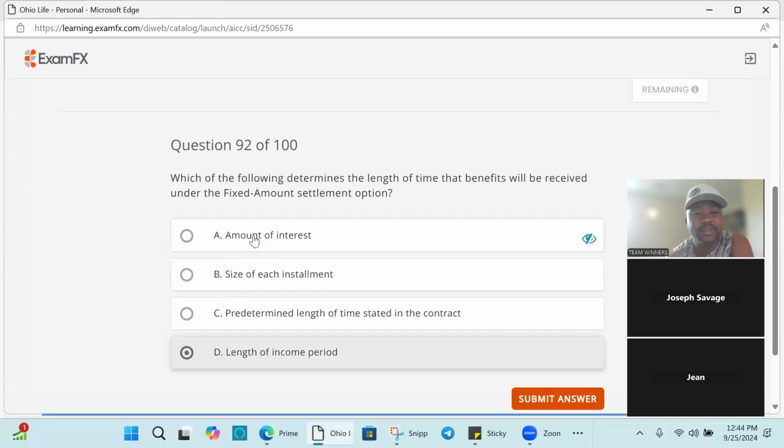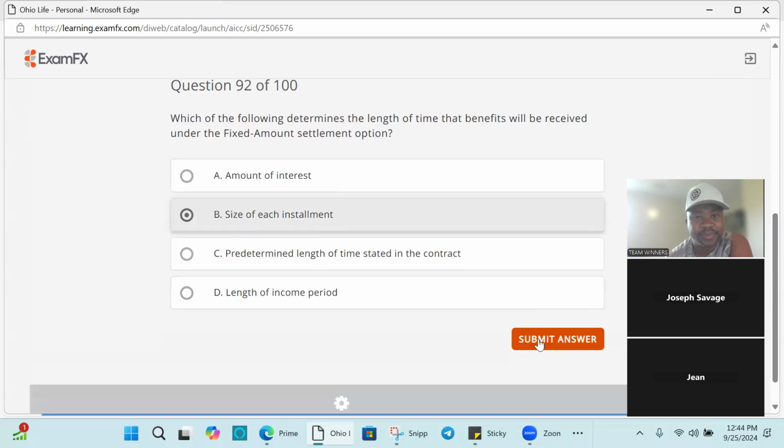I said, well, I'm guilty because I just read the word amount. I didn't add interest. So the size means how much. How much they're going to pay me each year. If I say 5 years, they're going to determine the size of each installment based on the math. They're just doing math. It's one or the other. You say one, we'll do the other one. That's correct.